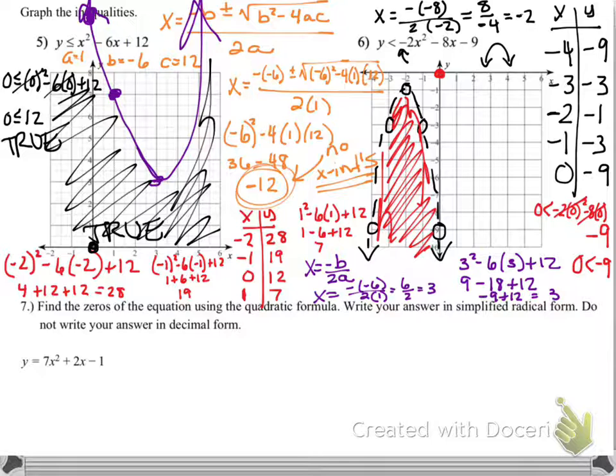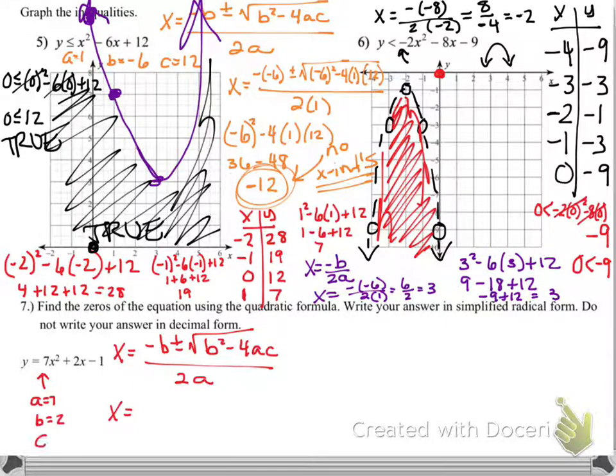Number 7, find the zeros of the equation using the quadratic formula. We are going to also need to simplify our radical on this one. So if I remember my quadratic formula, -b plus or minus square root b squared minus 4ac all over 2a. X is, now my A is 7, my B is 2, and my C is -1. So I have my -2 plus or minus b squared minus 4ac